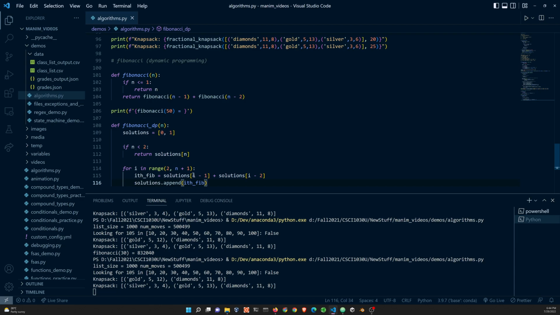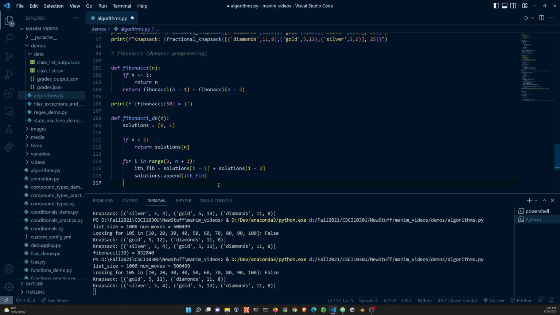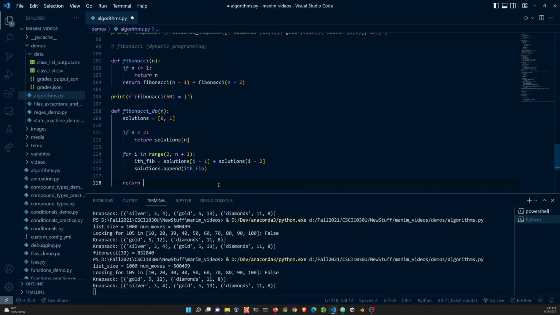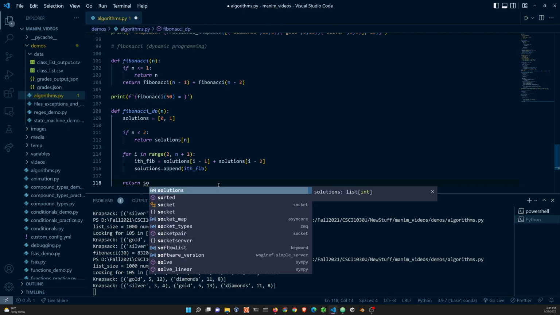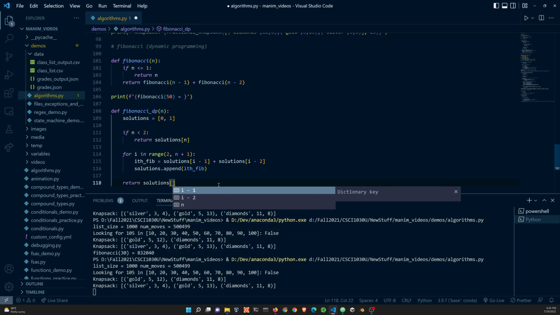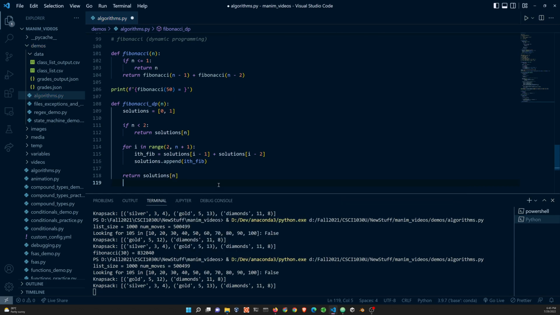2. 3 minus 1 rather, which is 2. And that's going to be the 1 that we just added. And then it's going to be 3 minus 2, which is 1, which is definitely already in the list. So as we build from the bottom, from the smaller indexes upward, we're always going to have the previous two Fibonacci numbers in our solutions list. Okay? So what we're going to do is just return solutions at index n, which is the last one that